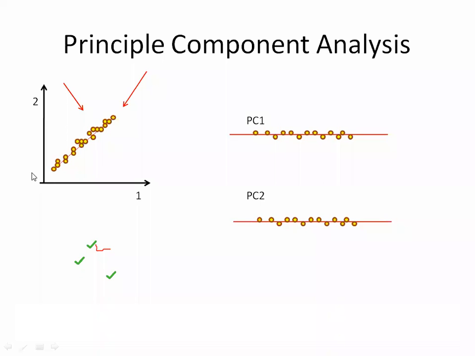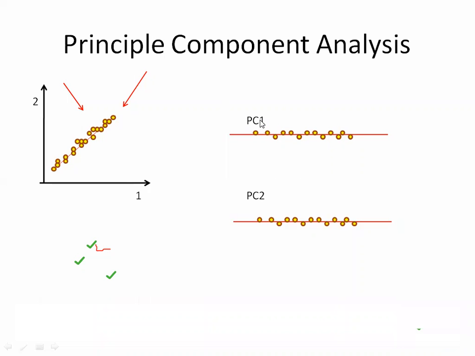Same case, if we draw a view, then this will look like this. So though the points are like this, now how many principal components can we define? Principal components can be defined with the help of a simple rule: the number of principal components is less than or equal to the number of dimensions. How many dimensions are here? 2 dimensions, x-axis and y-axis. It is a 2D figure, so 2 dimensions.